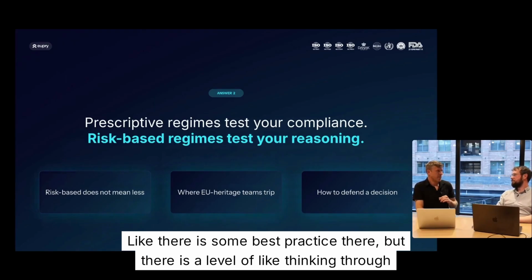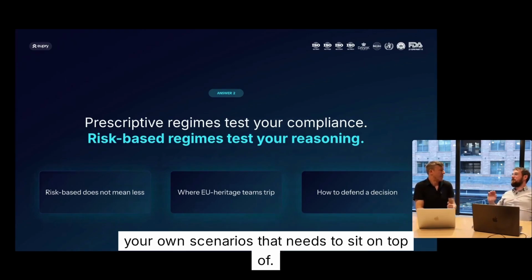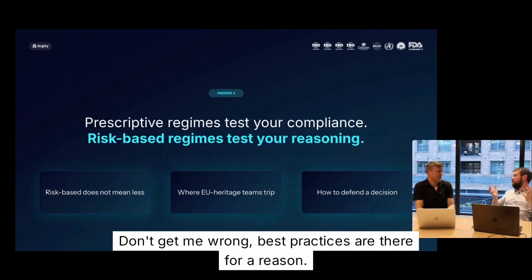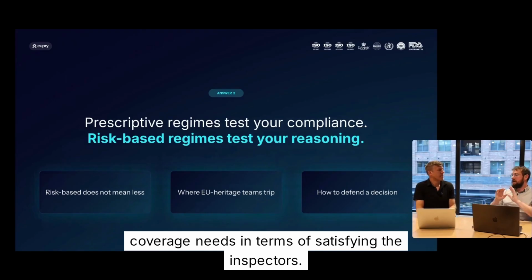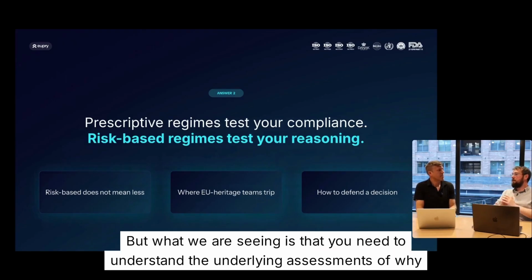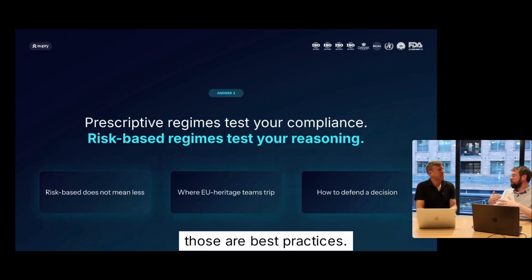There is some best practice there, but there is a level of thinking through your own scenarios that needs to sit on top of that. Don't get me wrong, best practices are there for a reason. They'll cover a large percentage and even sometimes 100% of your coverage needs in terms of satisfying the inspectors. But what we are seeing is that you need to understand the underlying assessments of why those are best